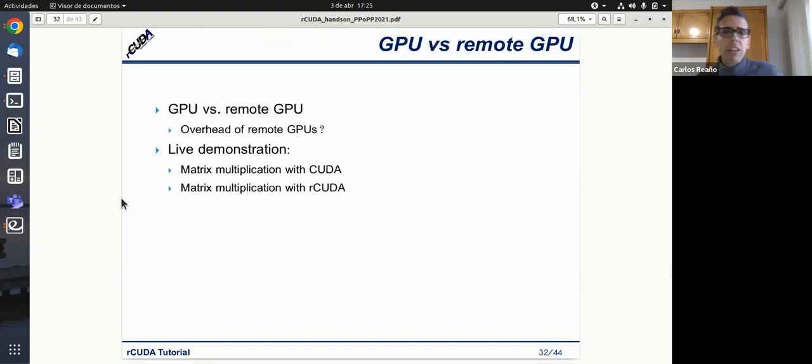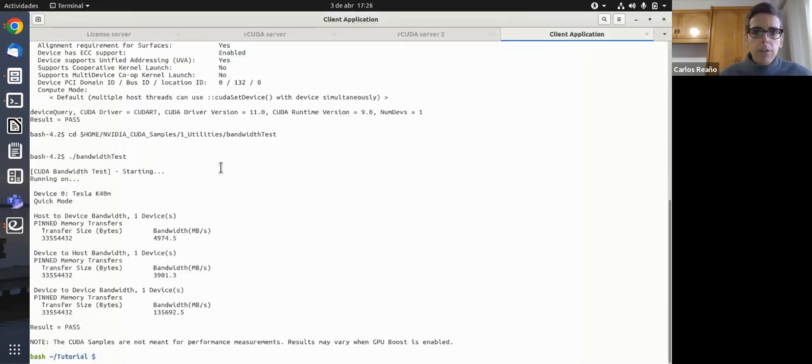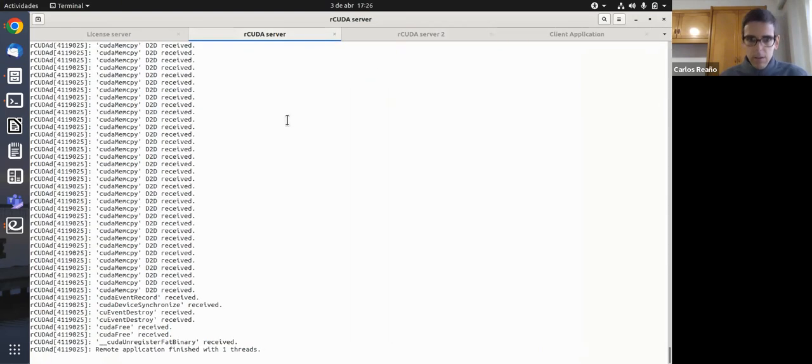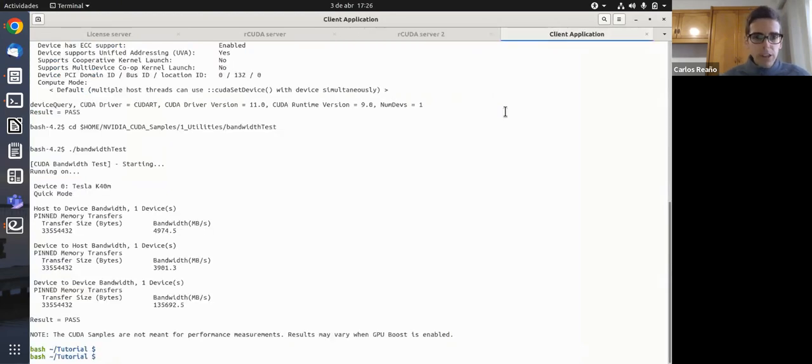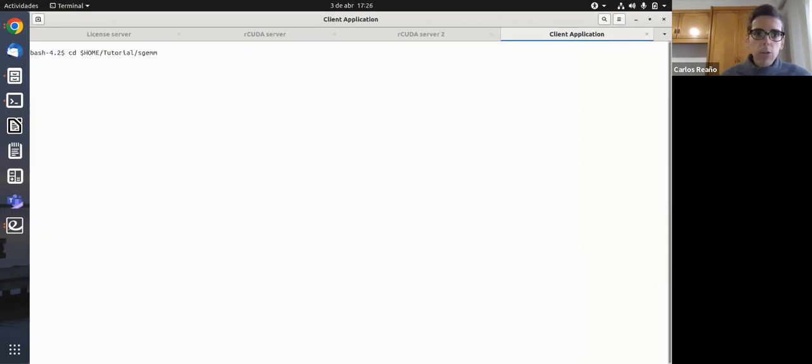Okay, let's see, for instance, the performance when we do a matrix multiplication with CUDA and rCUDA. Let me keep alive those terminals, because if I don't do anything, they will switch off. So in this case, we are just running a matrix multiplication, first with rCUDA.